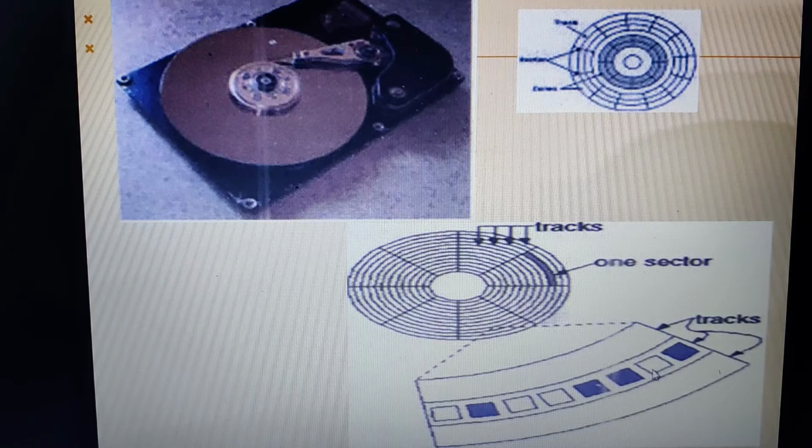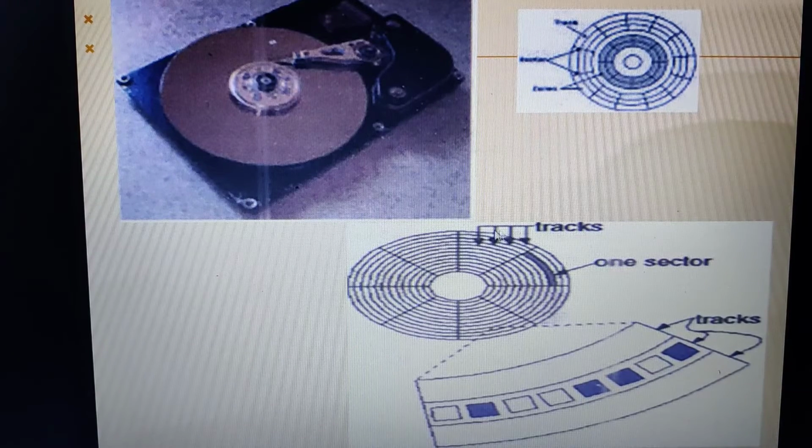You can see the blank one is referred to as 0, and the blue color is referred to as 1. So this is bitwise. Always the data will be stored in a sequence of pulses, where the data is in terms of zeros and ones. So this is 0, this is 1. In that combination, the data is stored in concentric rings, and each ring we refer to as a track.